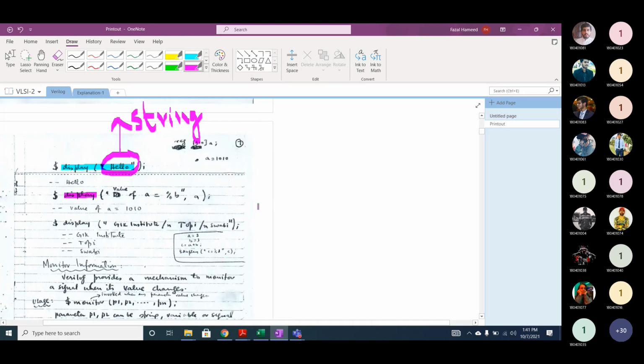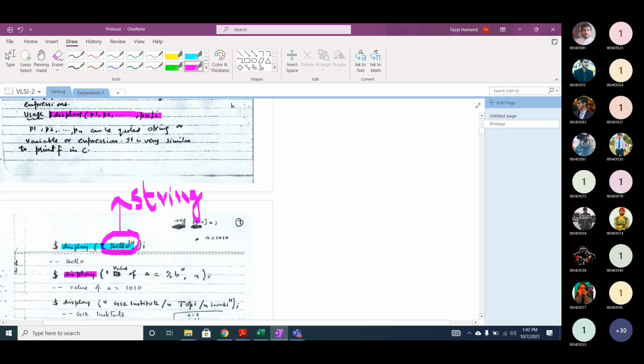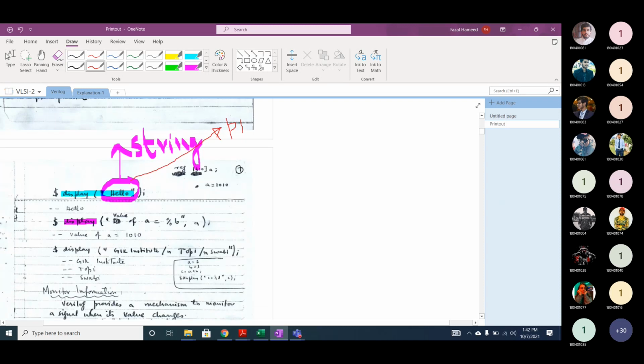Now if you're using the display parameters, we are using display P1, P2. In this case, how many parameters have we used in the first expression? One parameter or two parameters? One, so this is P1. If you look at the single display statement, how many parameters have we used? Two. It's P1, separated by comma, and this is parameter P2.